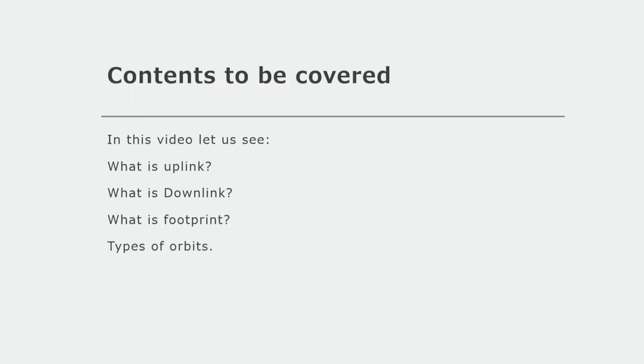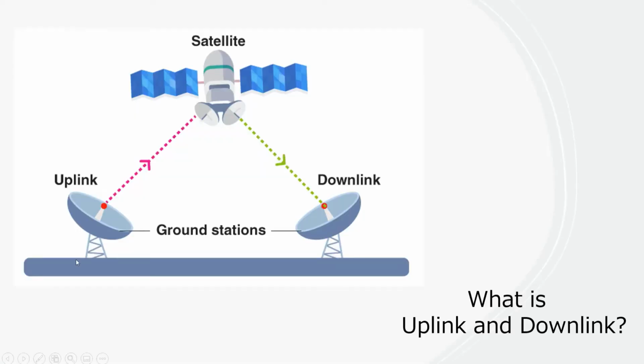Coming to the contents of this video, we are going to see what is uplink, what is downlink, what is footprint, types of orbits, and some classifications based on some parameters. What is uplink? Uplink is nothing but the data transfer from the